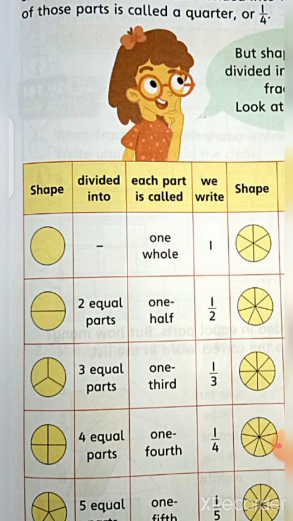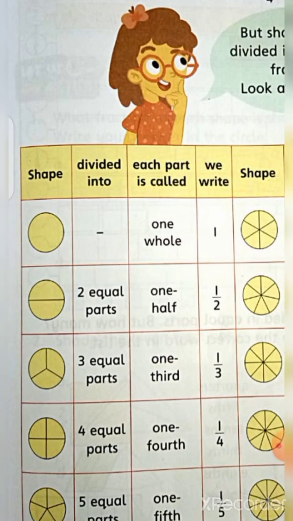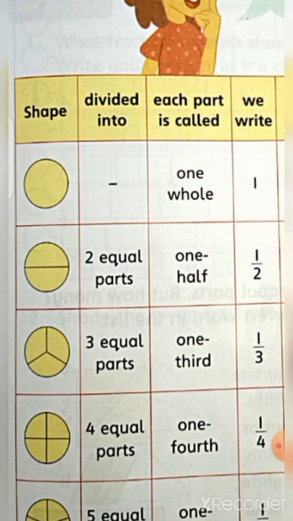Draw the dividing line, write the total number of parts below and the shaded part above. Here one part is shaded. Both parts are equal, but it is divided into 2 equal parts. One part means 1 over 2. Here the figure is divided into 3 equal parts and we will read one part as 1/3 or 1 over 3. This is very important to see. 1/2 means 1 over 2, 1/3 means 1 over 3.